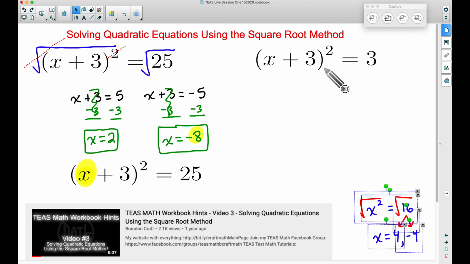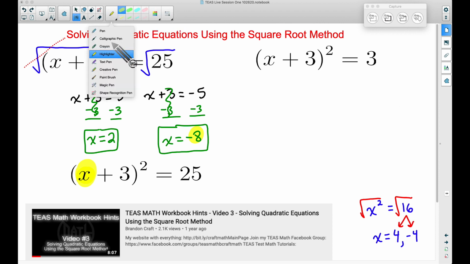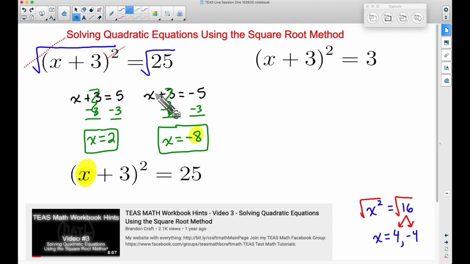Roman numerals, for example. Roman numerals are not mentioned anywhere in the newer ATI study guides directly from ATI, but folks are still saying they're seeing Roman numerals on the TEAS test. But look at this one here. It looks very similar to what we just did. As a matter of fact, the only difference is that over here we have 25 and here we have 3.